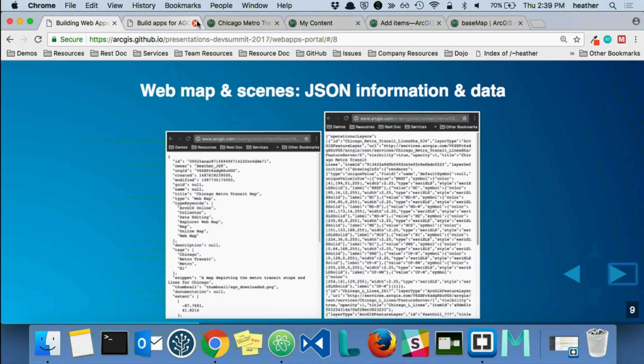So what is a web map and web scene? How is it represented? We talked about what's in it, but not how it's stored. The way it's stored is using JSON. And if you look on the right side, you can see there's some metadata about my web map. And on the other side, you can see it's actually all the data, what layers I have, and how to symbolize it. So when we talk about the web map, behind the scenes, it's really two different documents. There's the metadata, and there's the meat of the data. If we click on the metadata link there,